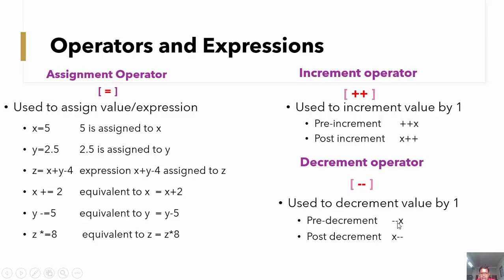So now what will happen here, first the value of variable x gets decremented by 1 and then the required operation is performed, whereas in the second case, first the required operation is performed and then the value of variable x is decremented by 1. So let us check the practical implementation of this in Code::Blocks.